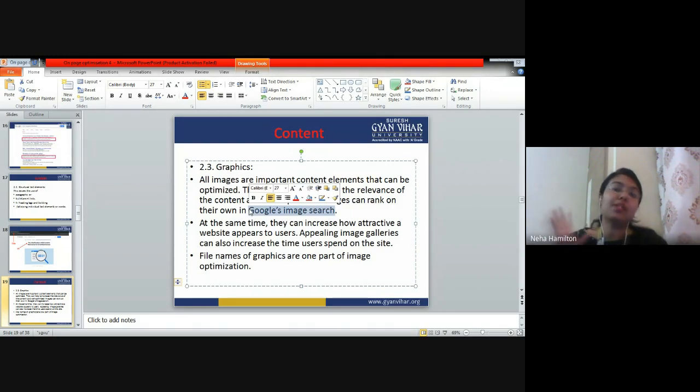The people who are specifically searching for images are going to land on your web page. If you do not add images, you are directly closing down the option of people who just look for images, right?